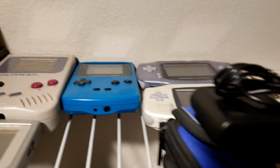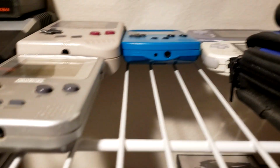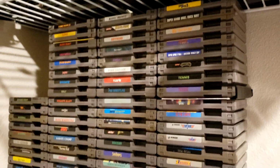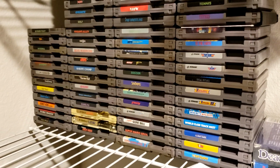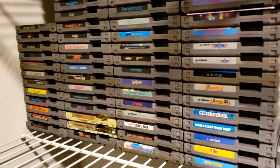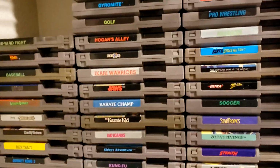I also put all my Game Boys up here too. We got the original Game Boy, Game Boy Pocket, and so on. I'll go over all the consoles I own in another video, so we'll get to that later. Over here, under my Intellivision, we have my NES collection currently. Not very impressive, but it's a lot of games. Most NES games are pretty cheap, but if you're gonna go for the AAA first-party titles, those are a little harder to come by, or first or second party, I should say, because